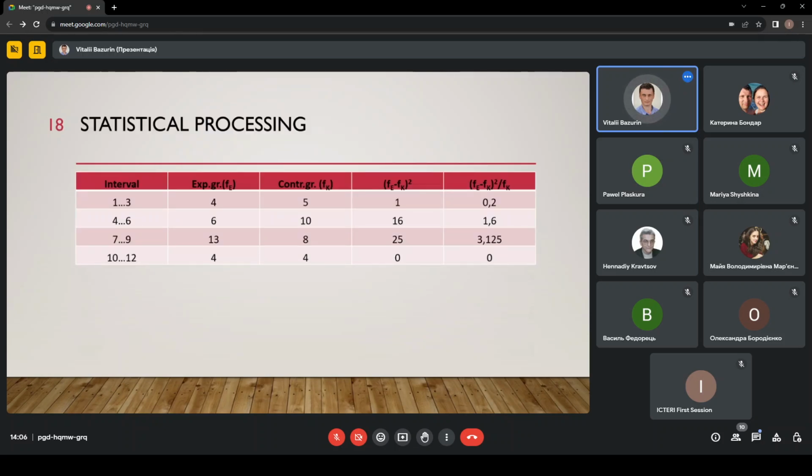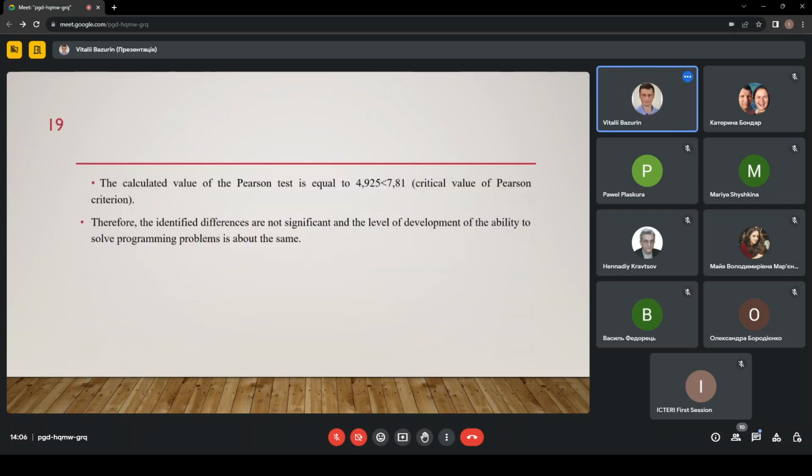Statistical processing of the results of the experiment is shown on this slide. The calculated value of the Pearson test is less than the critical value of the Pearson criterion. Therefore, the identified differences are not significant, and the level of development of the ability to solve programming problems is